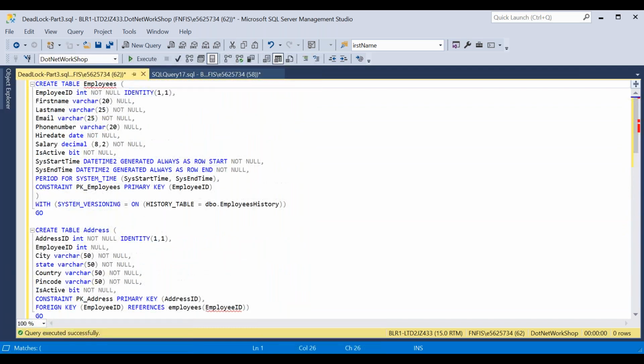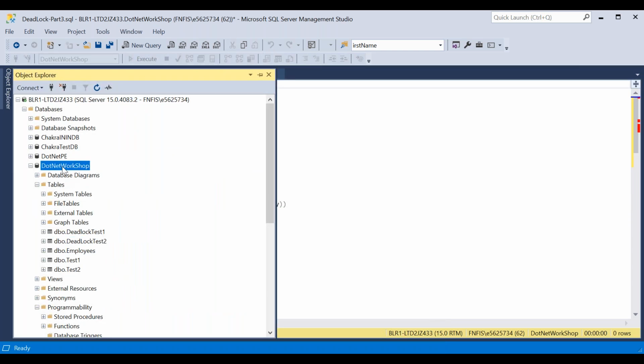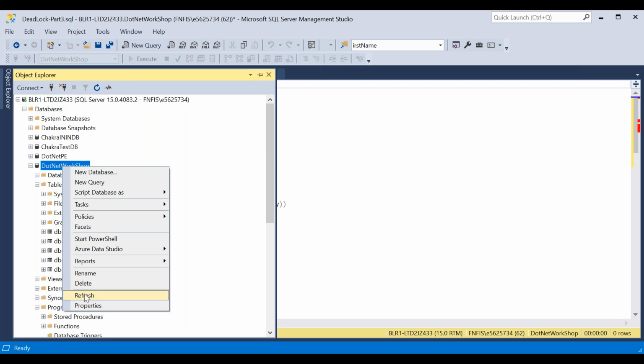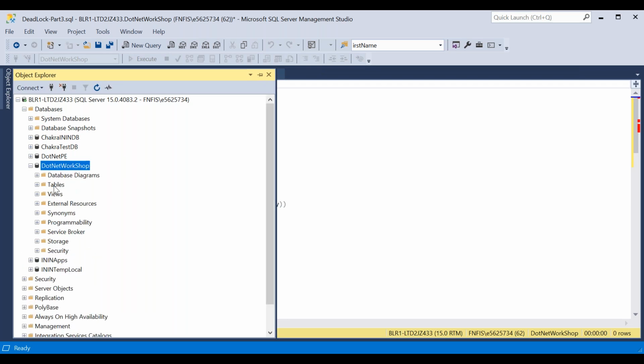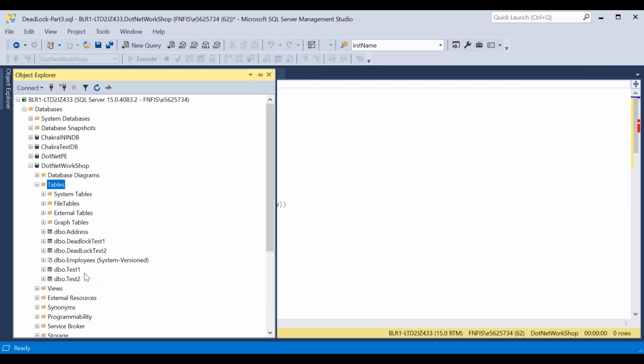Let's execute this. Check this employee table now in the database. Just refresh, expand the tables. You can see this employees table. For other tables also we have deadlock test 1, deadlock test 2.